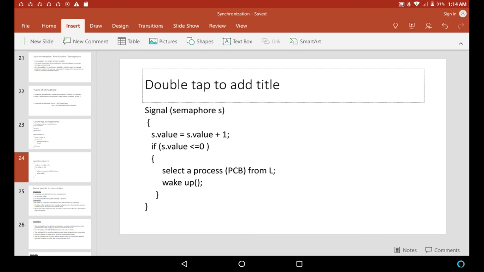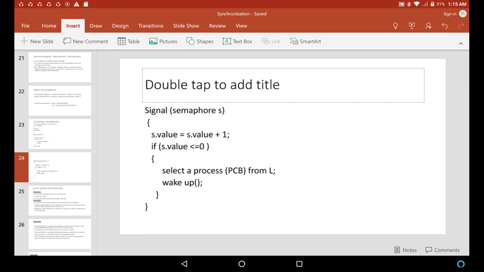Again I repeat, wake up doesn't mean it can directly go into the critical section, but it means changing the state of that process from suspended state to ready state. That means it has a chance to retry entering the critical section. So by using the combination of wait and signal, or down and up, we can put some processes in the block list and take them out from the block list once a particular process completes its execution and exit code. This is how wait and signal works.